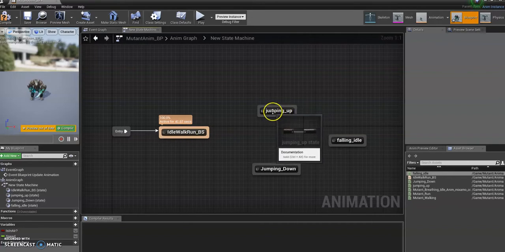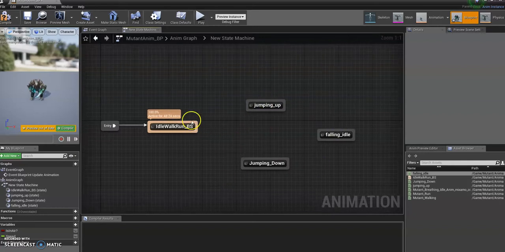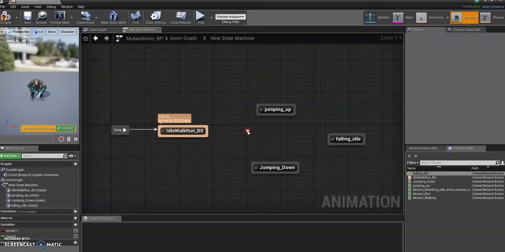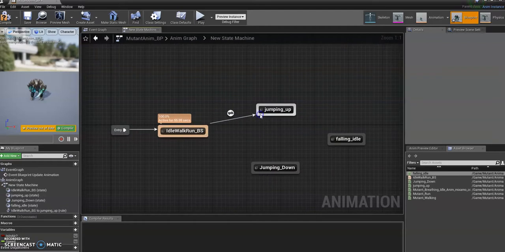There's other ways of doing this. You could probably have this set up as its own kind of blend space, but this is the way that we're going to do it. It's probably the way I'd recommend doing it. So if we go from walking to jumping up, you can see what's different about this one is that we've got this new little icon, and that, as you can see, is called a transition rule. So what's going to cause it to go from this into jumping, basically, and the rules that are associated within that process. Okay,